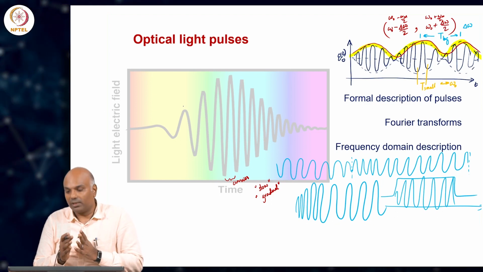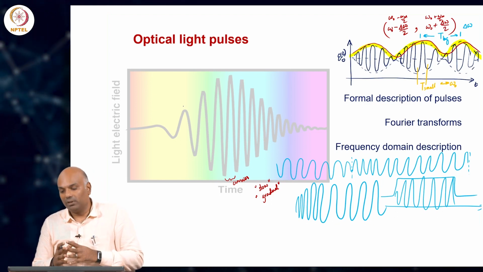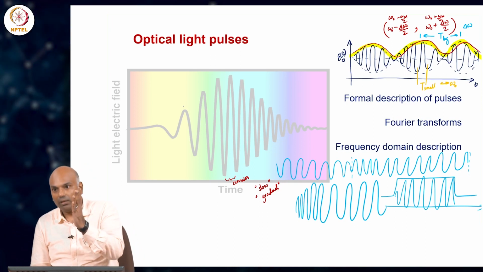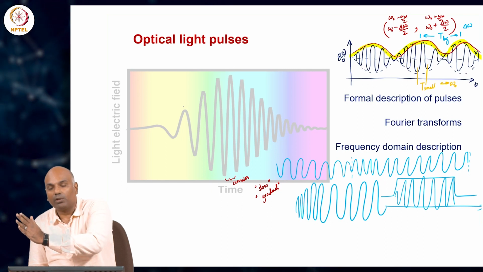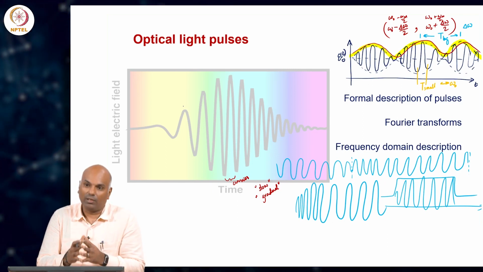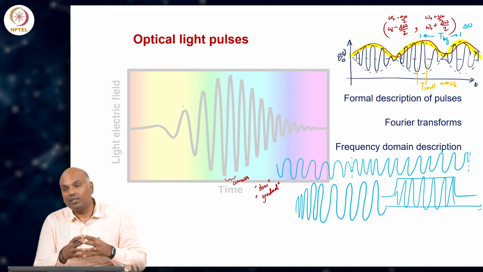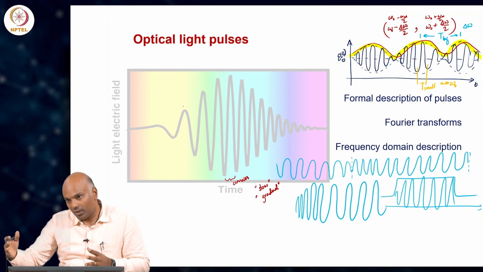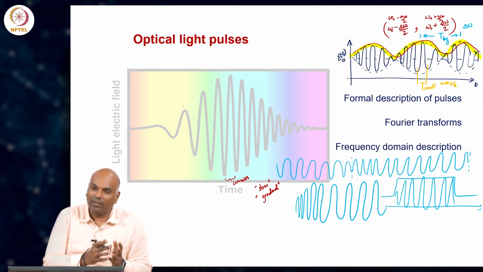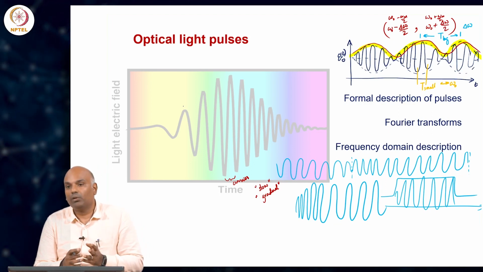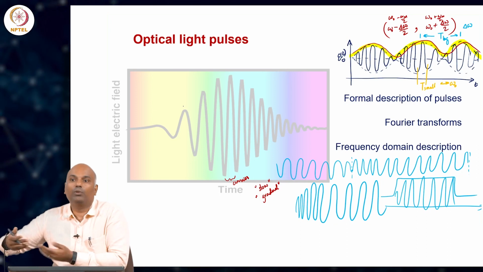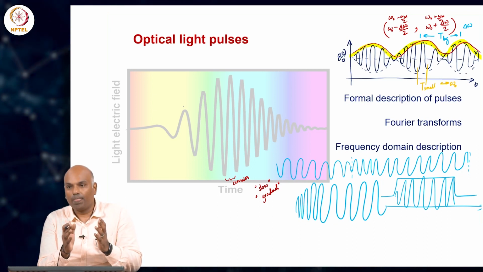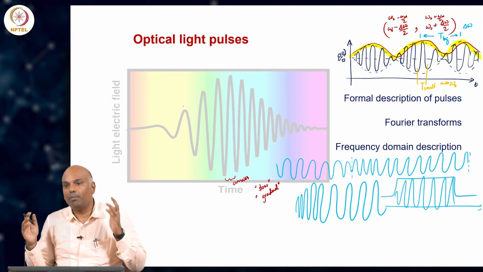So, all this essentially means that we need to have a description where we essentially go away from constant frequency to something else. But yes, that is how we are viewing it. It is a deviation from constant central frequency to something else. That is why we are writing it as omega naught t minus phi. Soon we will throw it away also and say it is a capital phi of t and capital phi of omega,